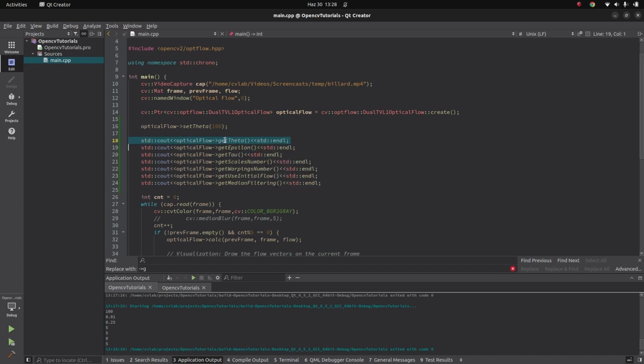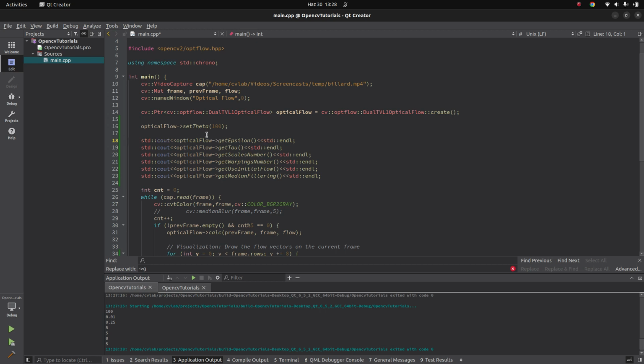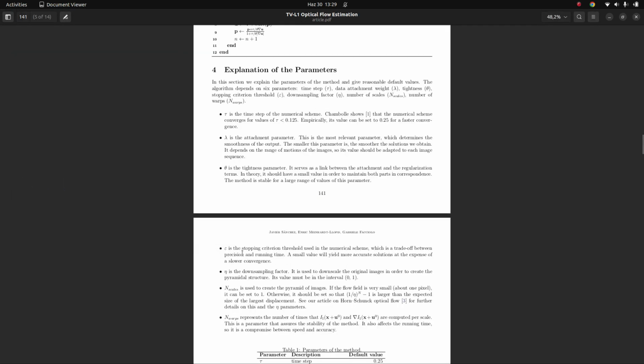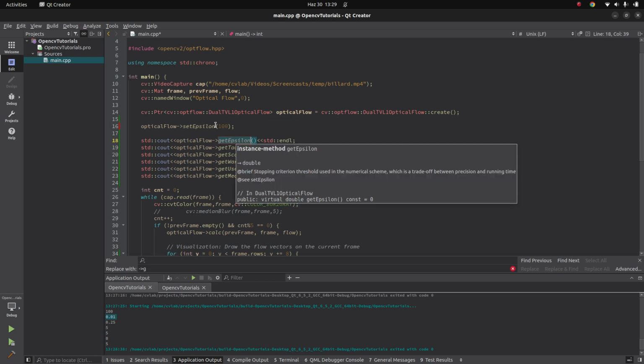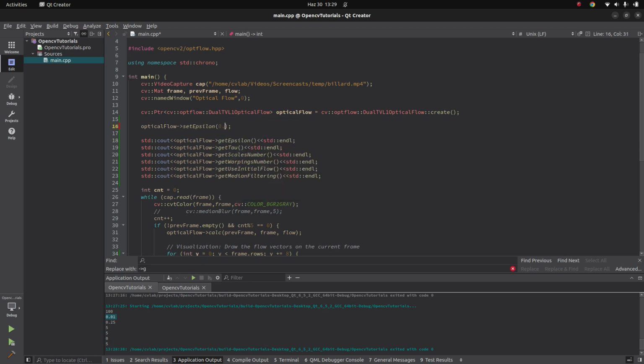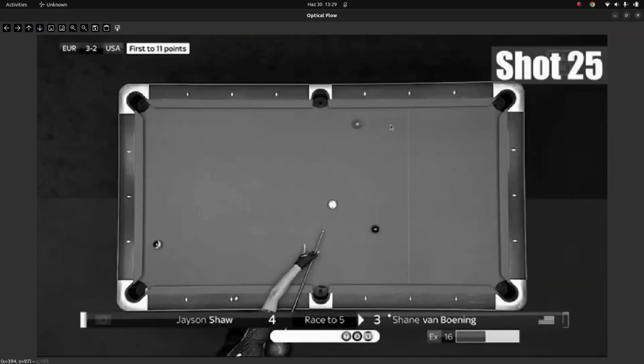And for the next parameter, we can switch to the epsilon parameter, and we can change theta to epsilon again. The default value for epsilon is 0.01. We can check the documentation again for epsilon. It says this is a stopping parameter, and a small value is going to give you an accurate solution. So similar to theta and lambda, lower values give high accuracy. We can try 0.001 again, which is smaller than the default value, and we can check the scenes in our